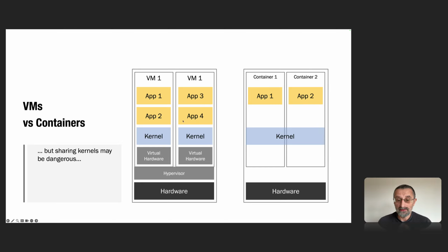As you can see, in virtual machines we have the hardware, a kind of hypervisor structure, and for each virtual machine we have virtual hardware and a virtual kernel. So these are completely separate machines. In that sense, they are more secure. Sharing the kernel between containers may be dangerous, in that your containers may be prone to different types of attacks and vulnerabilities. By the way, for example, in GCP, Google Cloud Platform, when you upload your Docker image to the artifact repository,